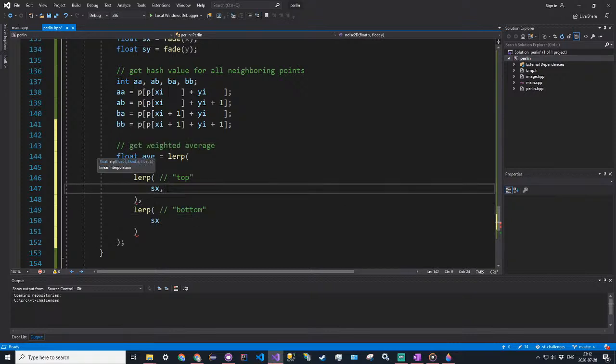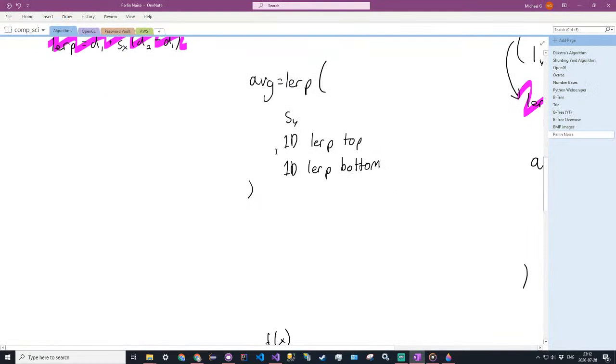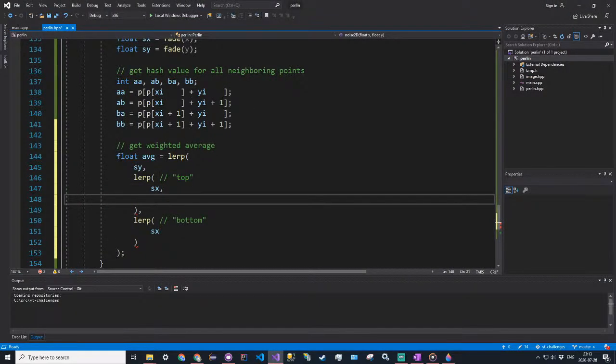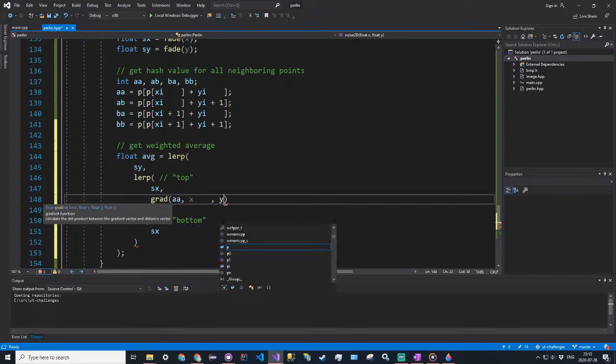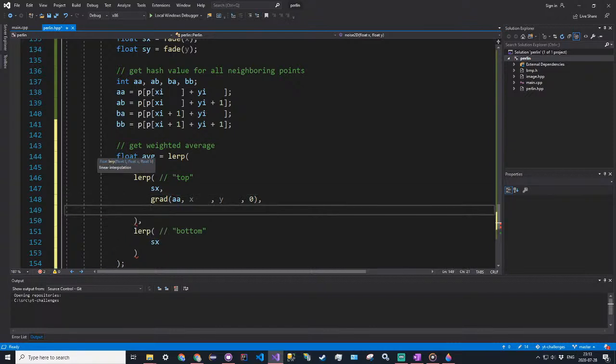So this is pretty much what I drew out in the OneNote, and we're going to be nesting these essentially. So we do a 1D linear interpolation for the top, and then a 1D linear interpolation for the bottom. So for the first parameter, for the top, we have sx, and then gradient. We're going to pass in AA for the hash, then x, then y, and then 0, because once again, if you don't have the component, you can just pass in 0 for the gradient. Then gradient,